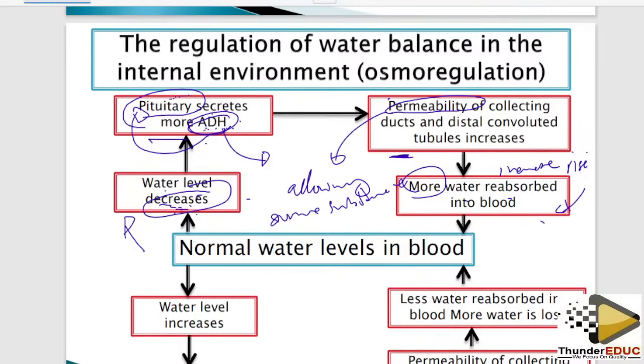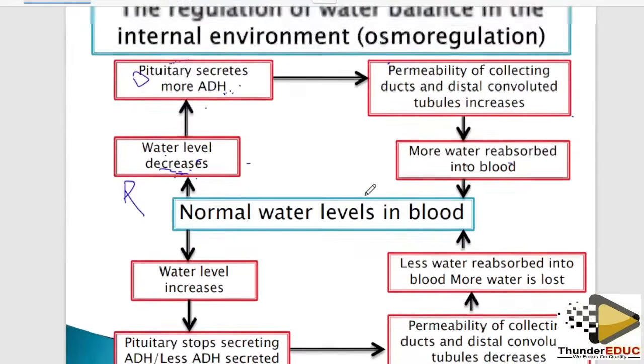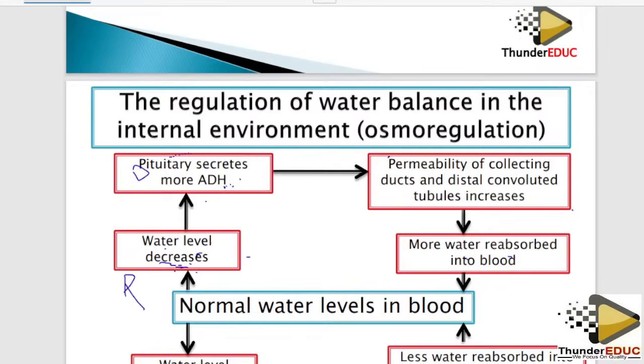I think you remember the structure of a nephron. Let me show you here. This is grade 11 work, but some people have forgotten the structure of a nephron, but it's simple. Let me show you how it looks. If this is the Bowman's capsule, I'm just drawing a simple thing so that you can understand it better. This is the proximal convoluted tubule. Yes, it goes down like that. Now you have the descending loop of Henle,